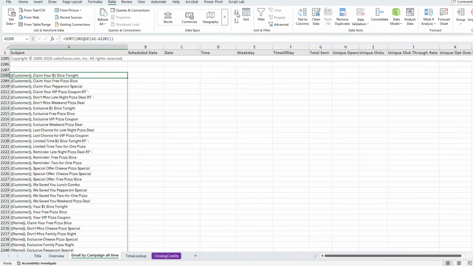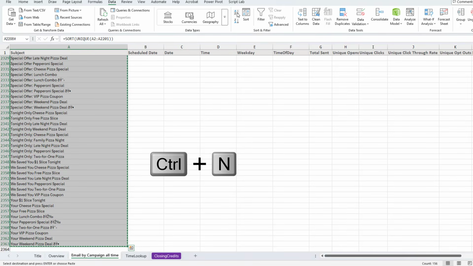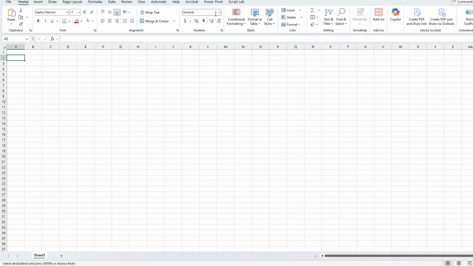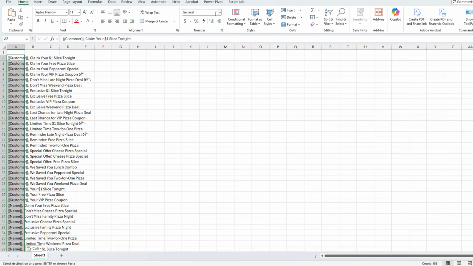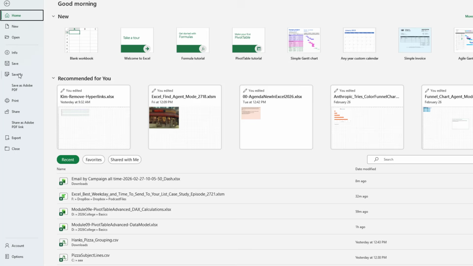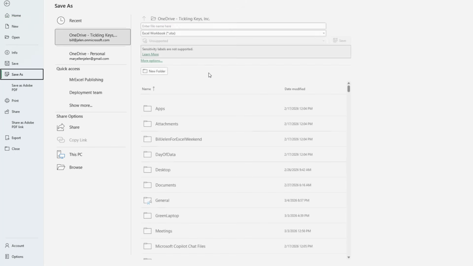So I'm going to take this data, copy it with Control C. I'm going to go to a new workbook with Control N, and I want to paste special values, which is Control Shift V. That gets rid of that formula, but keeps the item. And then I'll add a heading up here of subject. And then I'm going to save this as a CSV, right? I'm going to take this data over to ChatGPT and ask for them to create categories out of these various items. File, save as,